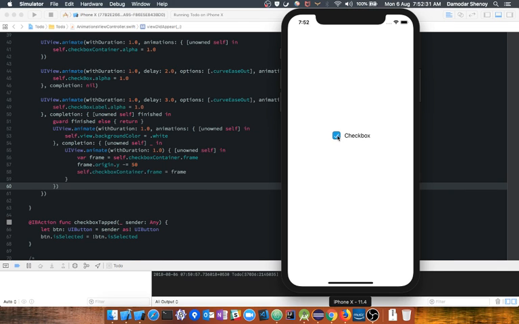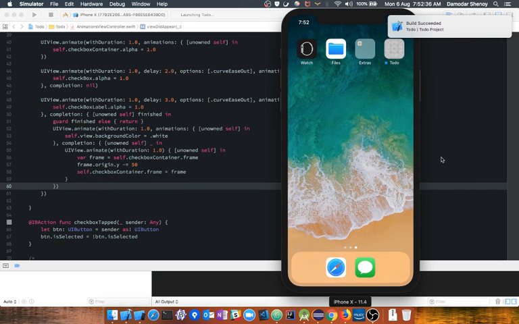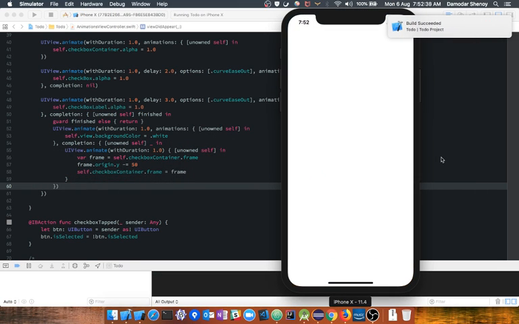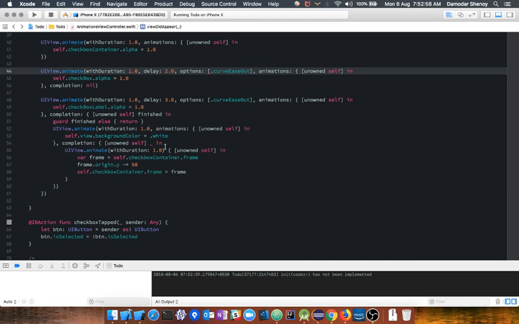So basically, this is the second animation, third animation, and this is the last animation. Okay, so we have nested animations, we have played around with the delays, we have played around with the options. So we can, I think we can give options here, I'm not sure. So moving the checkbox,